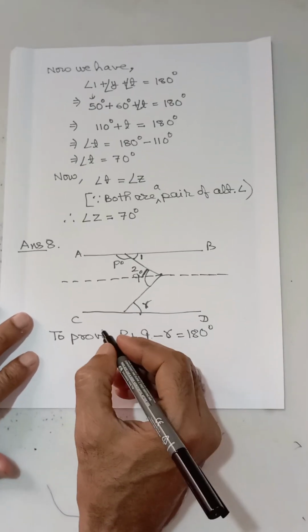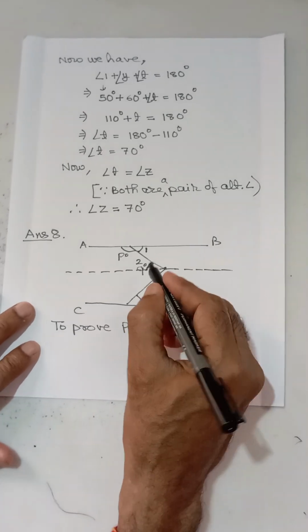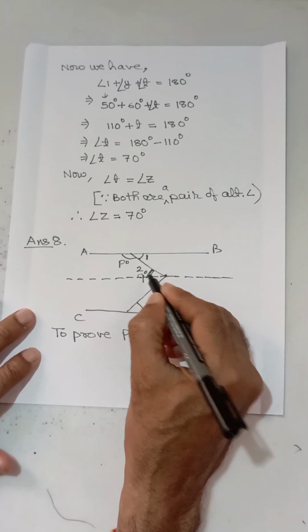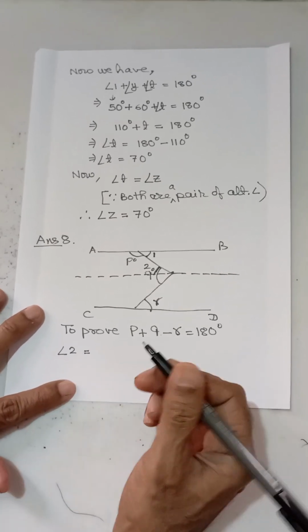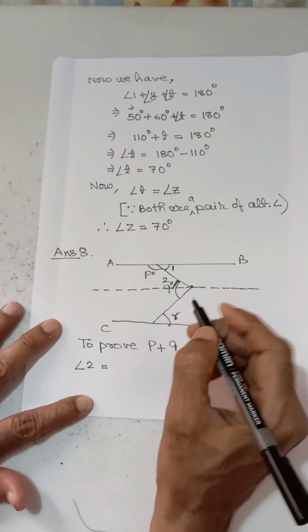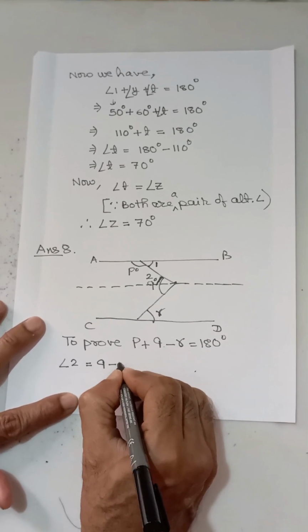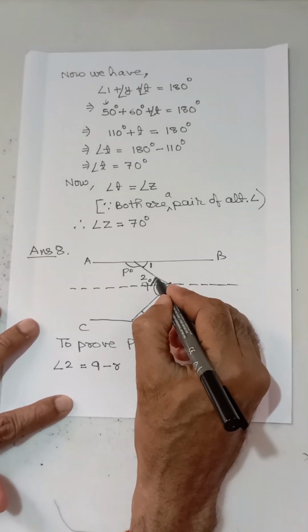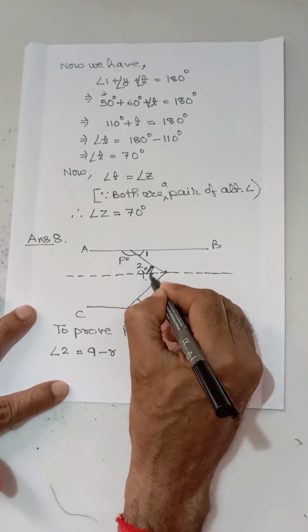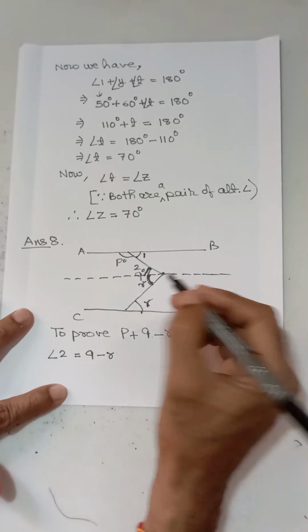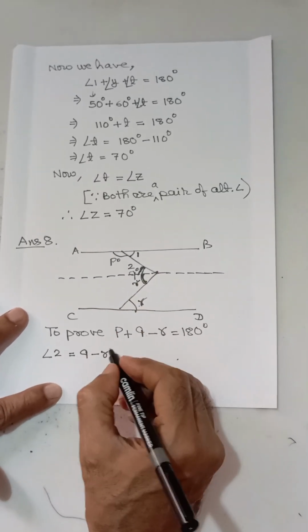This angle 2, what we had supposed, is equal to angle Q minus R. So this whole minus this much is angle R, because both are alternate angles. So the angle 2 is equal to Q minus R,